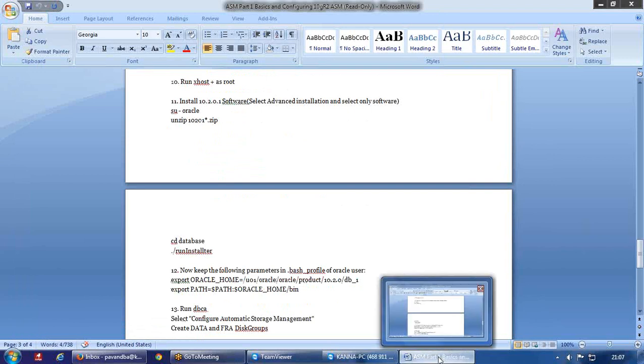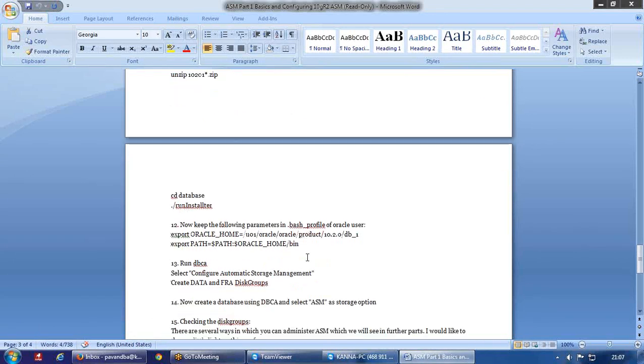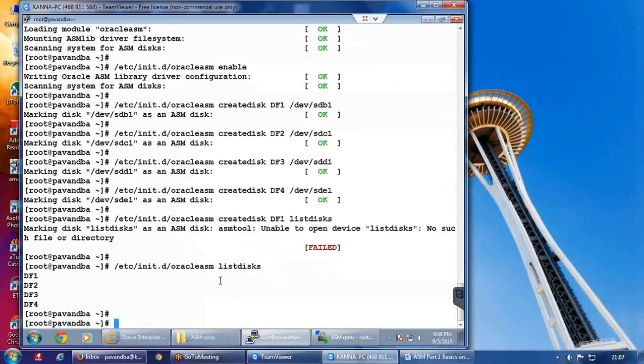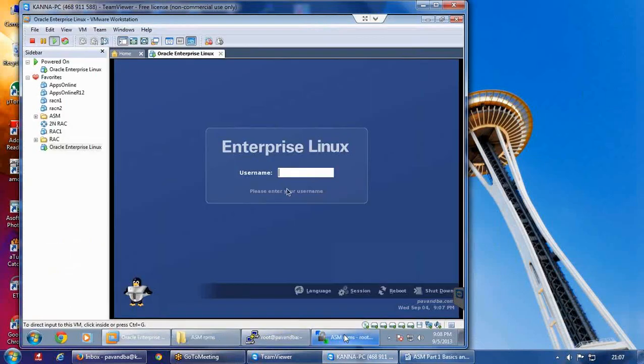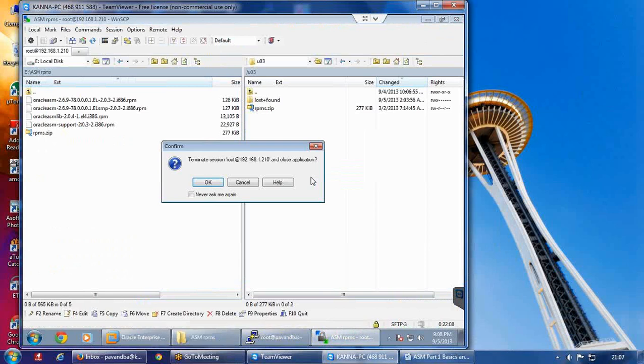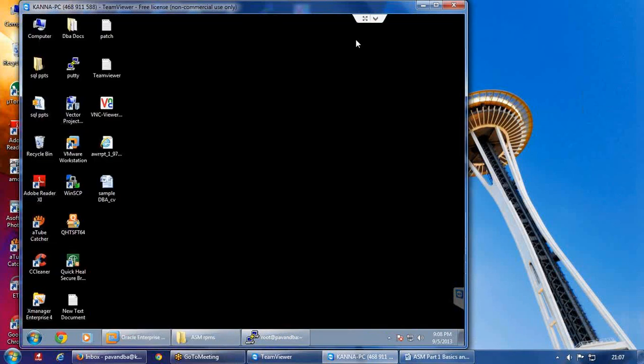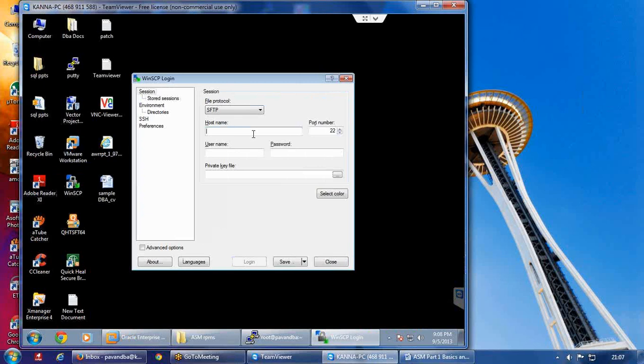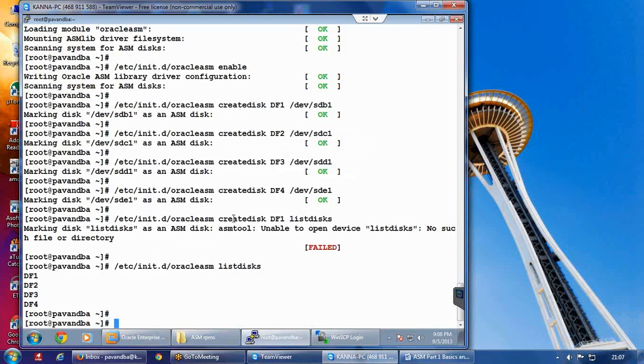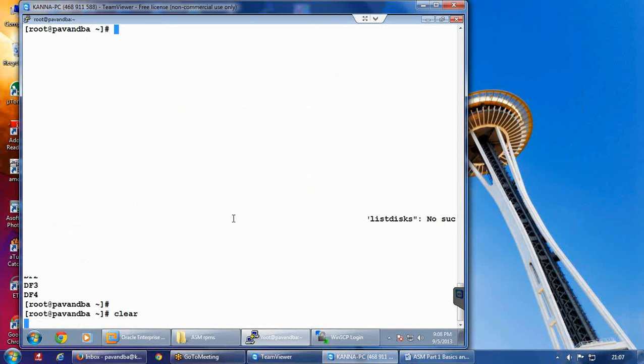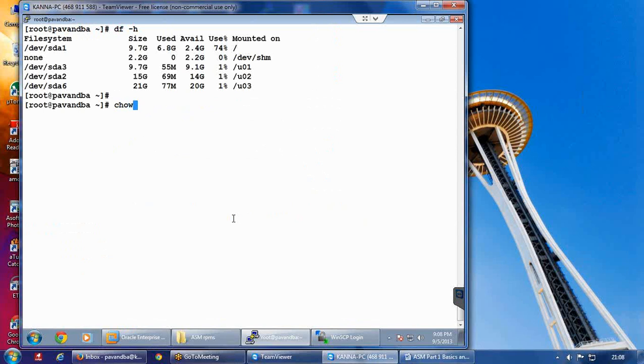So now we need to copy 10G software to this particular machine. So again I am taking WinSCP for that. And we need to perform all the prerequisite steps. So you know already for 10G installation what are all the steps you need to do. So I am taking the same,